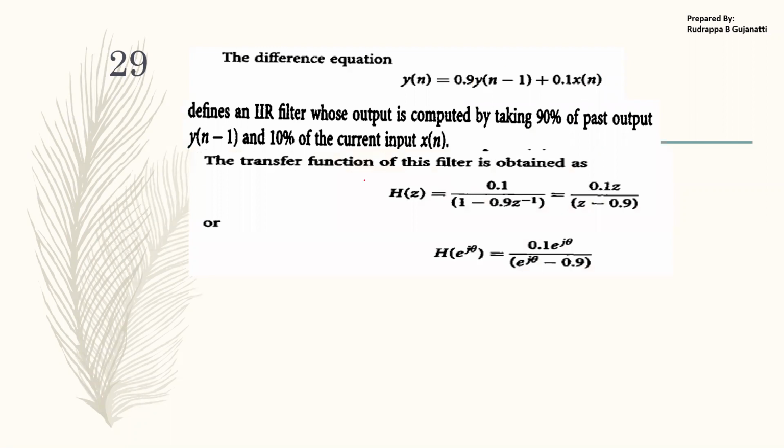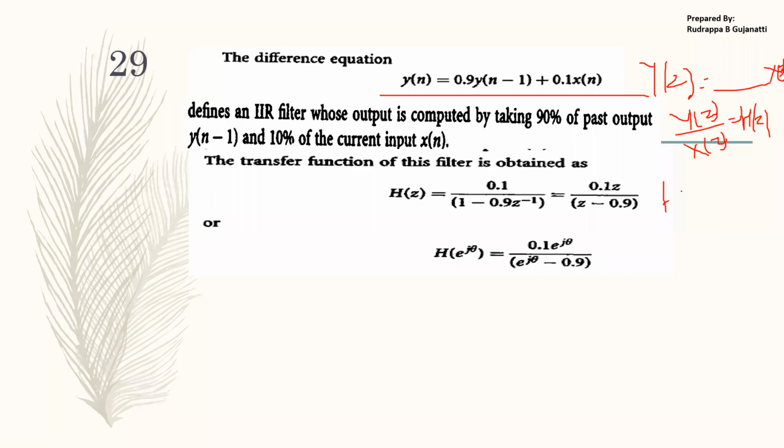So when I try to identify the transfer function of this, take the Z transform of this equation. When you take the Z transform, you'll have Y of z equal to some parameter times X of z, and you represent it as Y of z divided by X of z, which will give you the frequency response in terms of z. Once you get it in terms of z, you represent z equal to e raised to j theta, and you will get the overall equation. So that is what you can check out.